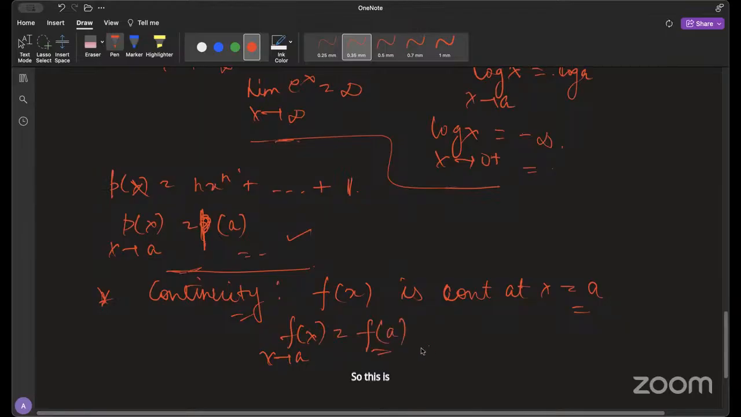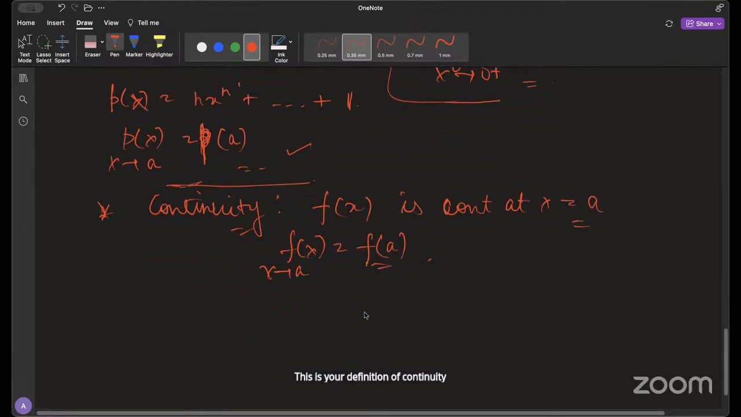This is your definition of continuity. So what you want is, if your x is approaching a, you want your f(x) to approach f(a). Or this is one thing, or you can just say, now here's,